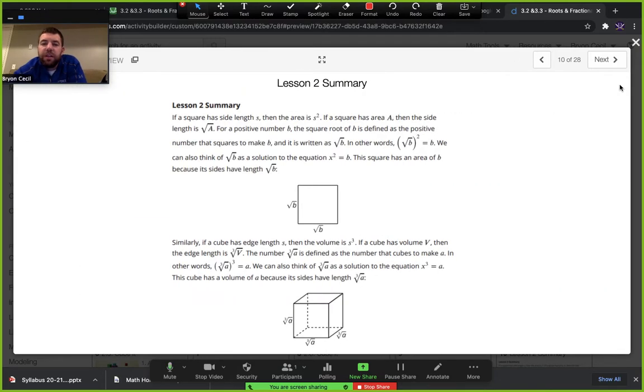Okay, here's her explaining it. And here is the